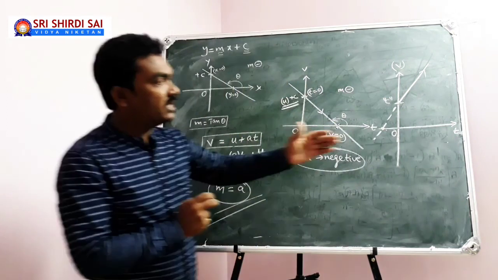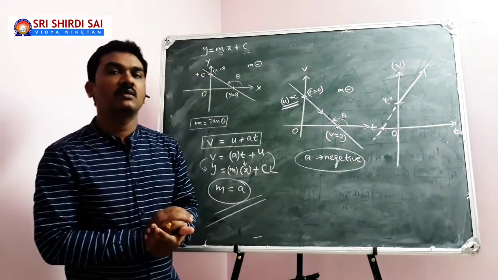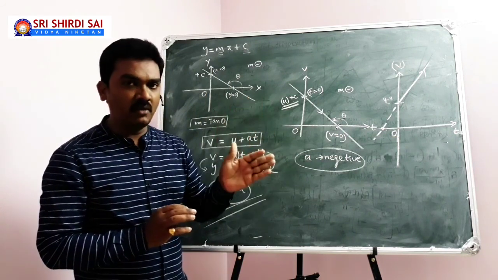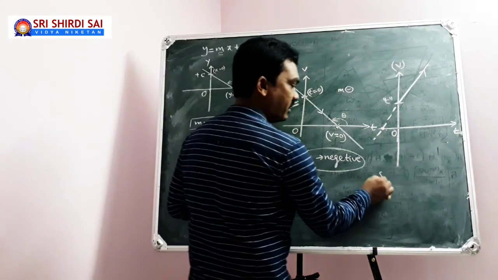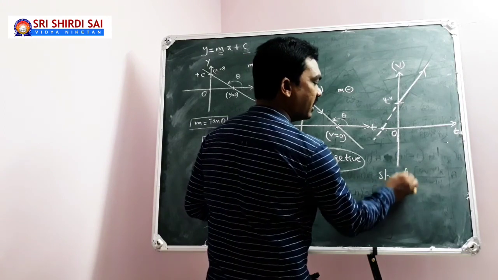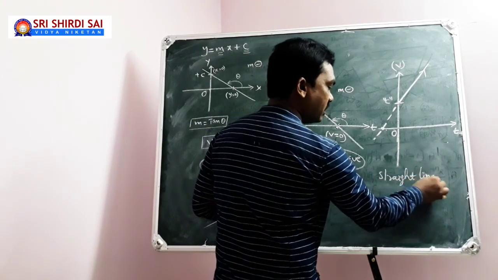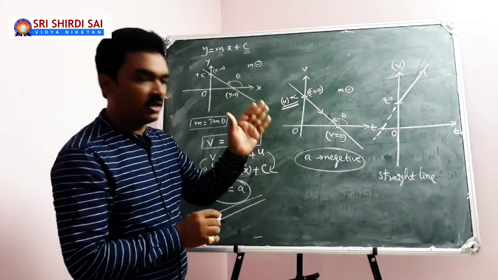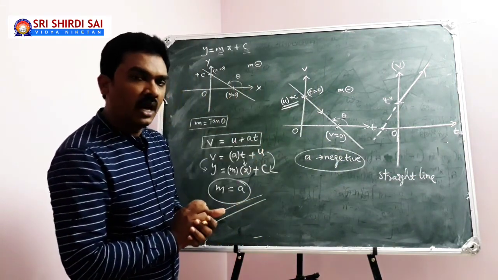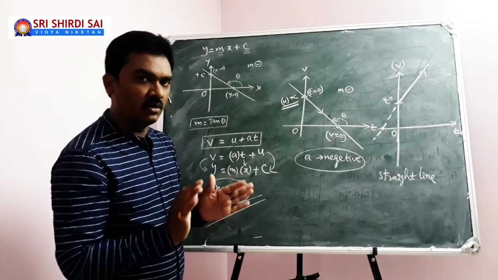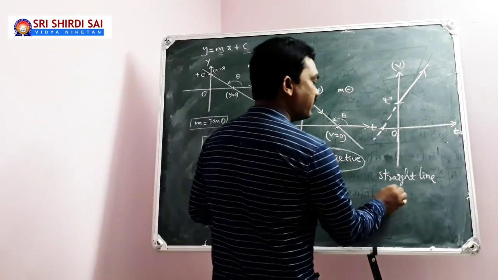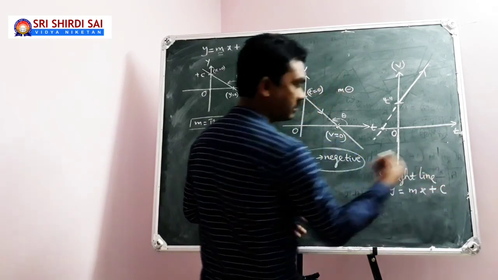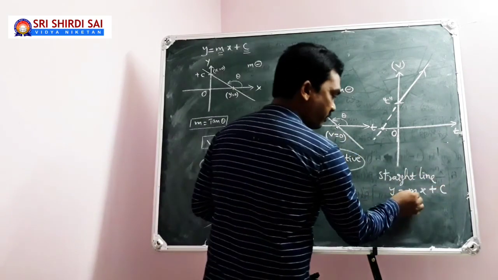So first of all, on seeing the graph, what do you need to understand? Sir, first point, my velocity time graph is a straight line. You should note this down. This is how you need to practice graph questions yourself. Your graph is a straight line, first point. And the straight line is not passing through the origin, so immediately it is of the form y equal to mx plus c, of course, m for slope.